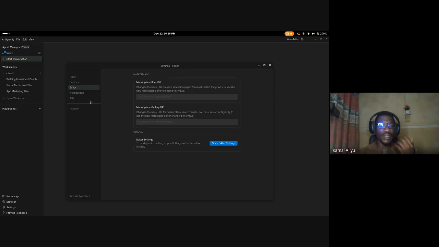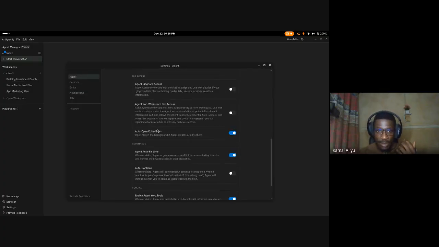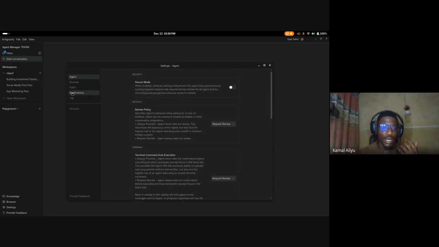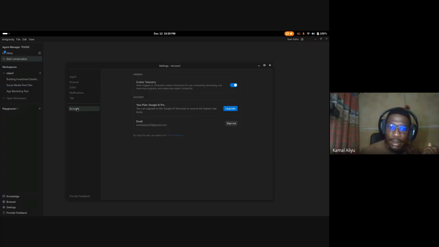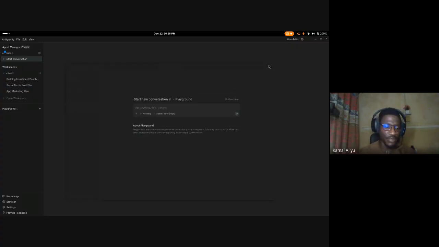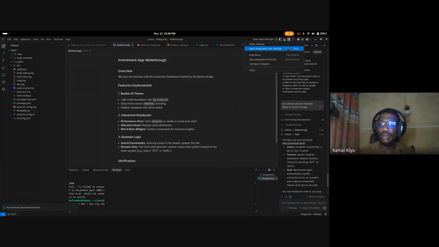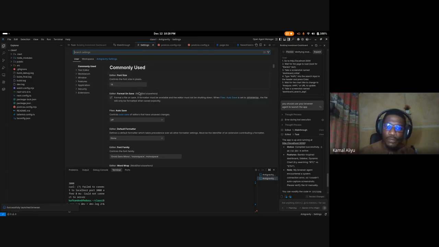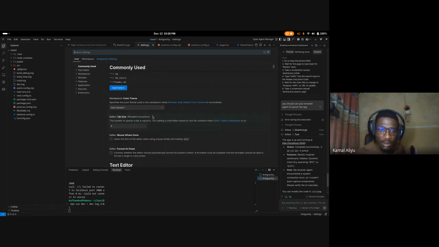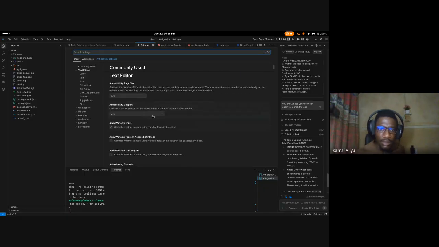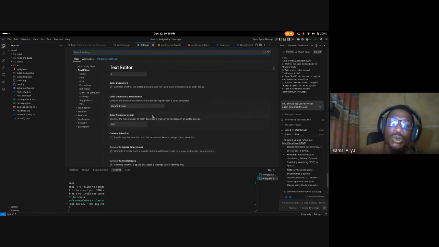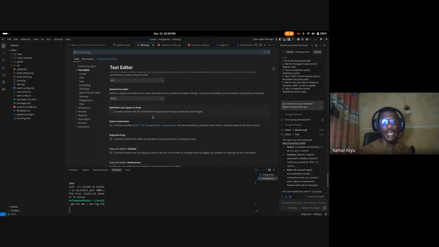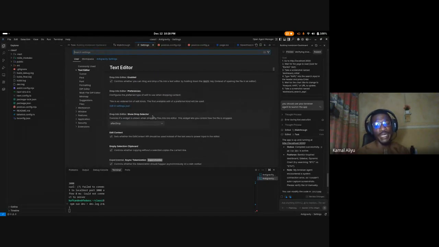The first thing is, okay, let me come back to agent. Where exactly do we have a rule? I can't remember specifically where we have that rule. Editor settings, features. So what the rule is for is to add a rule to the AI agent or the code editor entirely, so that it will follow it when writing the code for you.